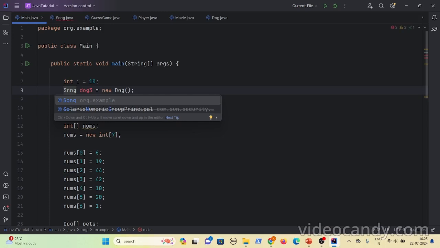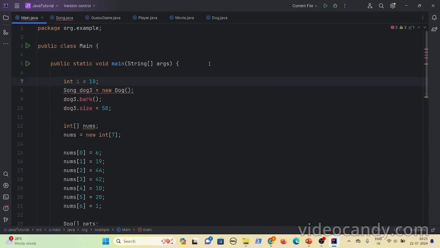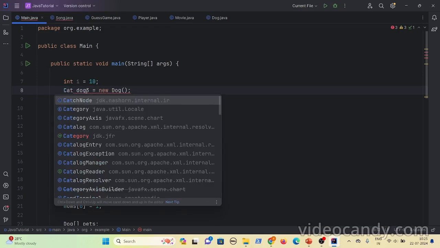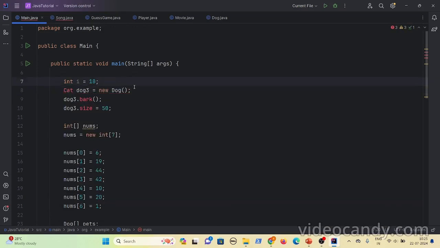Let's imagine you want to put a Dog inside a Cat variable. Definitely it won't work, because you are using this variable name and asking it to bark, but the Song will not bark. Or let's say you create a Cat variable and you have created an object of Dog and you put it inside the Cat variable, and then you invoke the bark method and the size method. Will a Cat bark? No, right? So it will definitely throw an error.